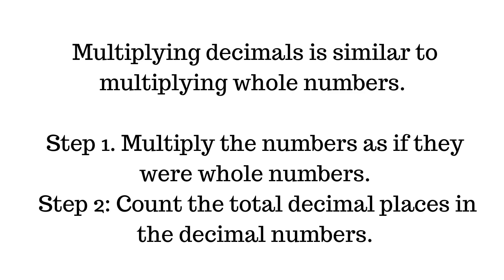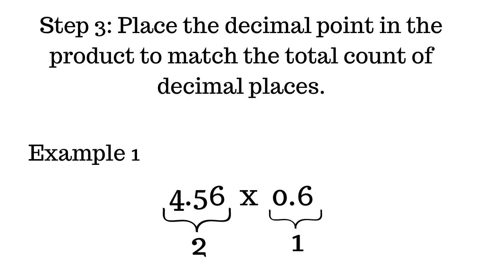Step 3. Place the decimal points in the product to match the total count of the decimal places. Example 1. 4.56 times 0.6. In 4.56, we have two decimal places because we have two numbers after the point to the